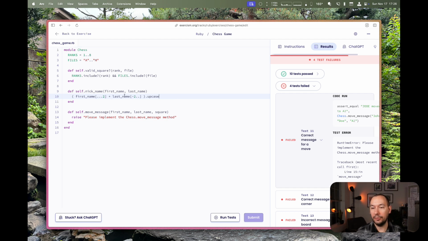And because we're only dealing with 2 items here,